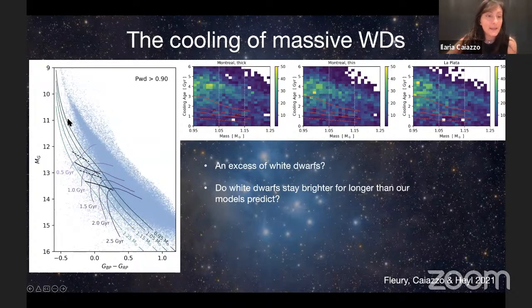And here in green, these are cooling curves. They're models of cooling white dwarfs of different masses. And here you can see that these were the most massive white dwarfs stay. We went from 0.95 to about 1.3 solar masses. And so what the student did, what Lisa Fleury did, was to